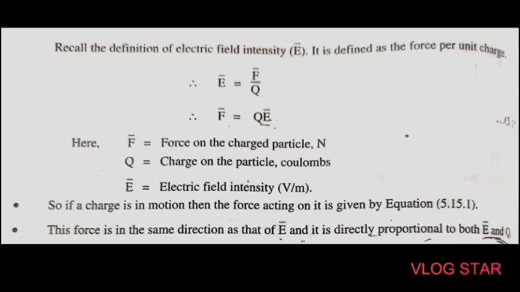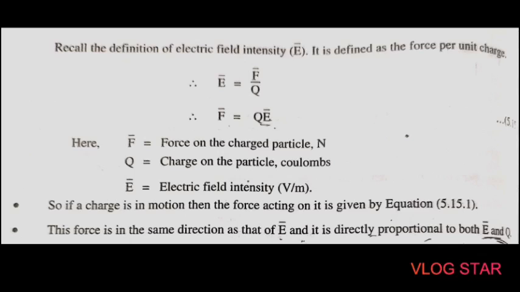So we know that if a charged particle is released in an electric field E bar, then it is accelerated in the direction of this E bar. But if we release a charged particle in a static magnetic field, then the particle remains at a rest position. If the particle is moving across a magnetic field, then it is accelerated at right angles to the direction of motion. So in this section we will see the Lorentz force equation and force on differential current element. Let us see first the Lorentz force equation.